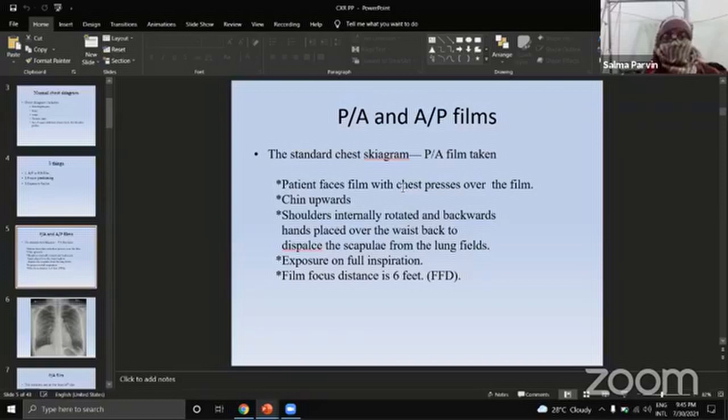But there is the luckiest scenario working throughout Bangladesh that not a single X-ray is taken, at least at the periphery, not the standard diagnostic center. The overall situation is that no full inspiration is made, no authentic X-ray is taken, and no standard film is really produced. So what is your job? Let's go to the